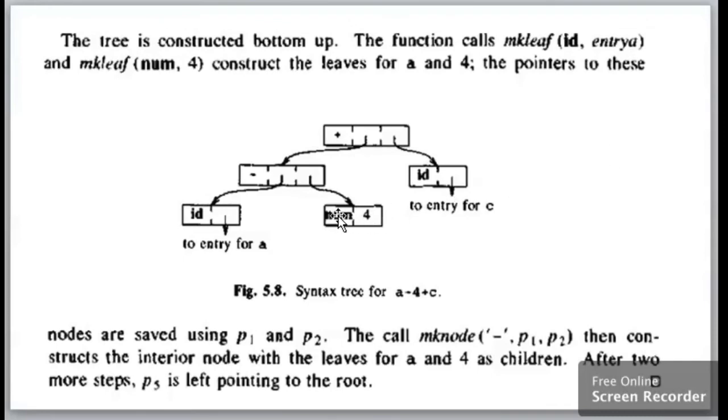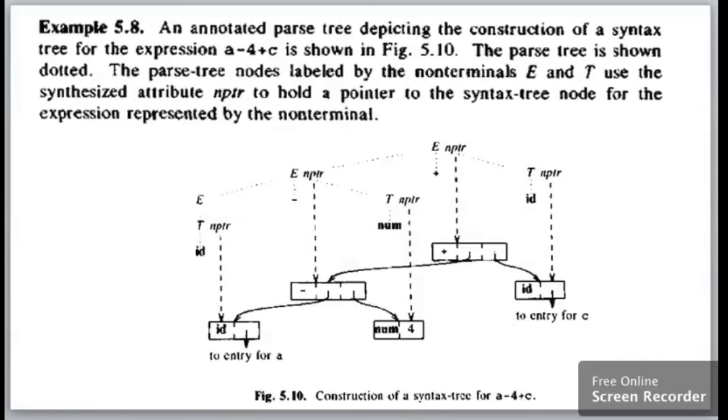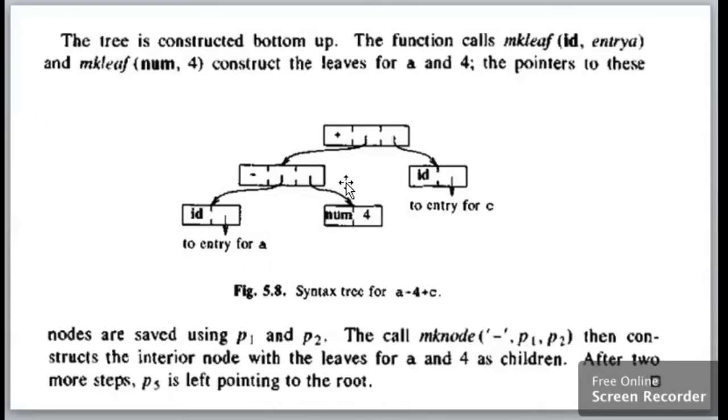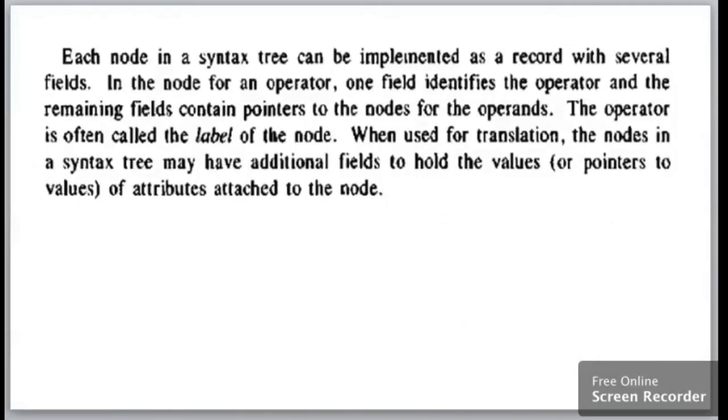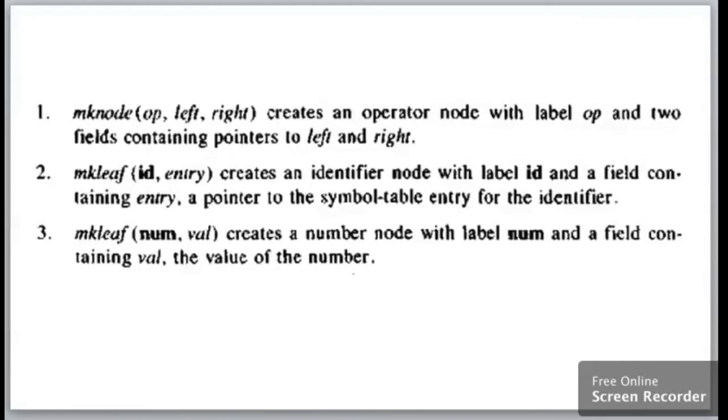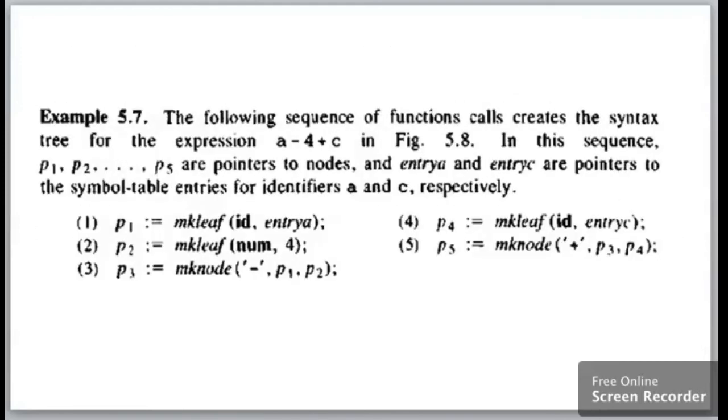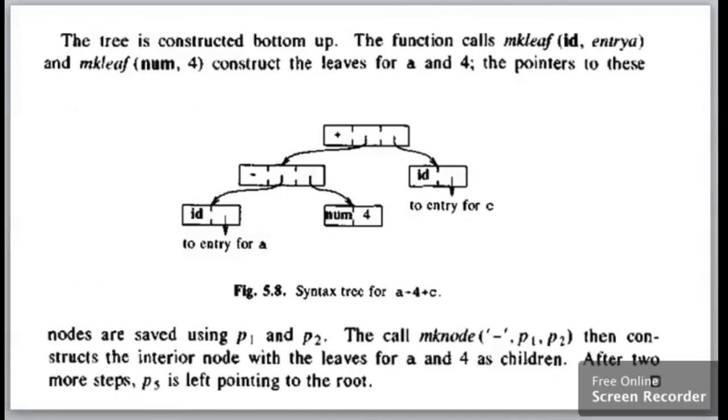So this is the final syntax tree that we have got constructed from here. We can just see it. This is what the syntax tree is constructed based on the semantic rules. This is the final output now, that is plus with left and right. This is again a node for minus, with left and right. In this way we have constructed the syntax tree for the given input. The complete explanation is given, that is the tree is constructed bottom up.